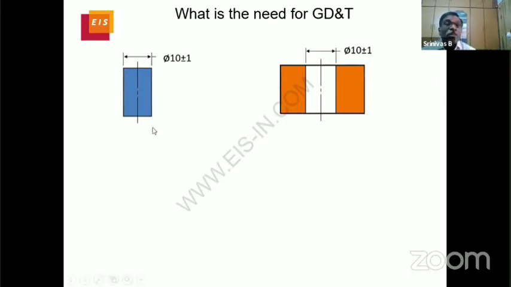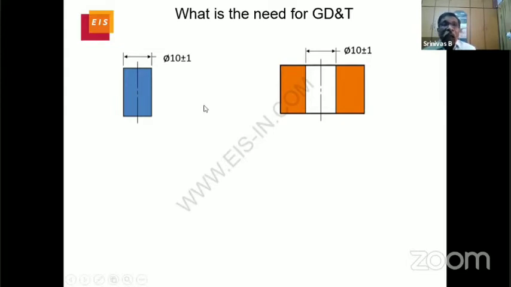Now, I come to this pin, the dowel pin. What is the size? 10 mm. What is the tolerance? Plus 1, minus 1. Now, when would this part have maximum material, gentlemen? When the dimension is biggest. Do you agree? What do you mean by the dimension being biggest? It means when the pin size is 11 mm, which is acceptable as per the design, it will have maximum material. Therefore, the MMC size of this pin is 11 mm.